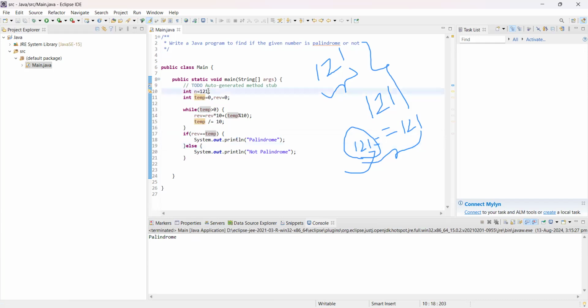Let us check with another number. So in this case, the output will be